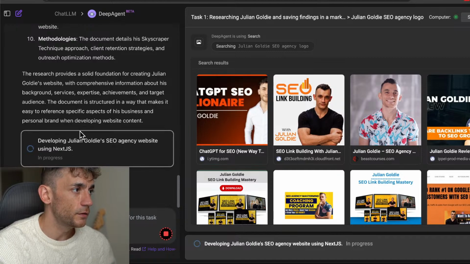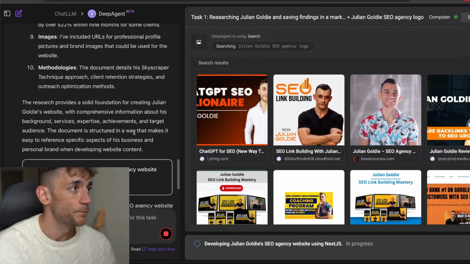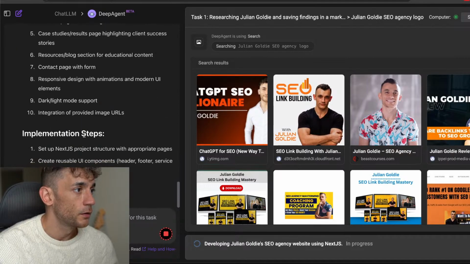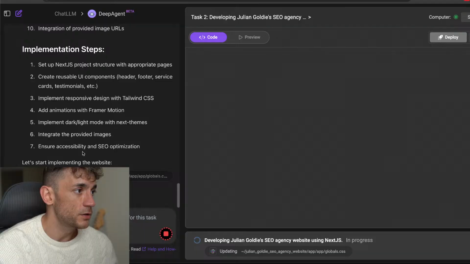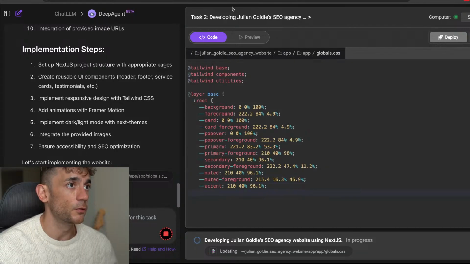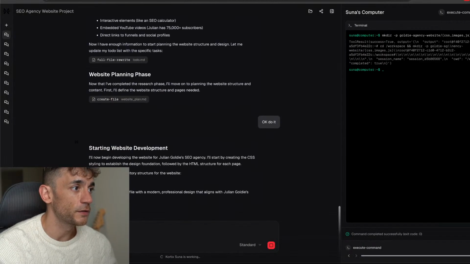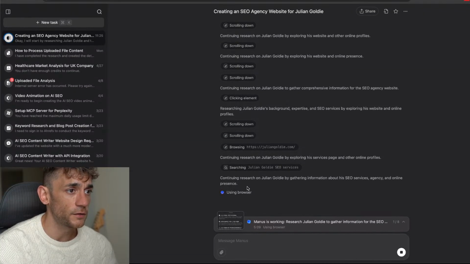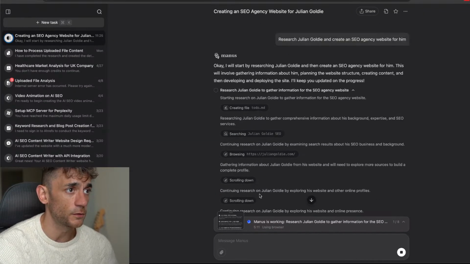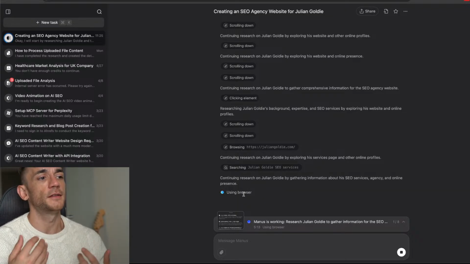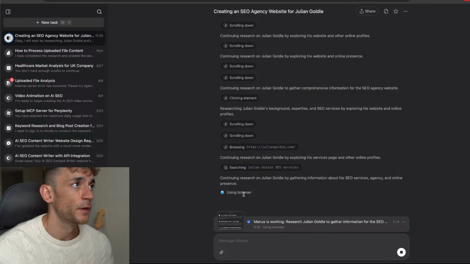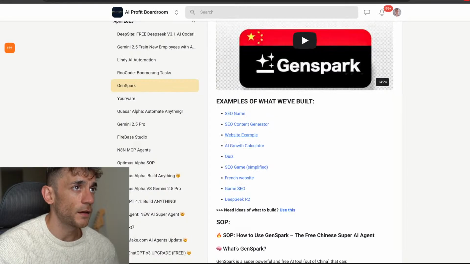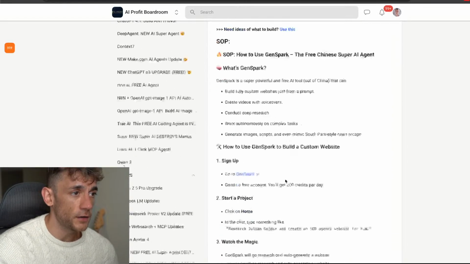Now, DeepAgent is already on to building out the website using Next.js, which is great. It's actually going off and implementing that, which is awesome. Whereas, you can see here, Suna is just about to begin the website development, and Manus is still inside the research phase. So it's spending a lot of time on the research and kind of getting sidetracked right there. Now, because that takes so long, let's try another prompt